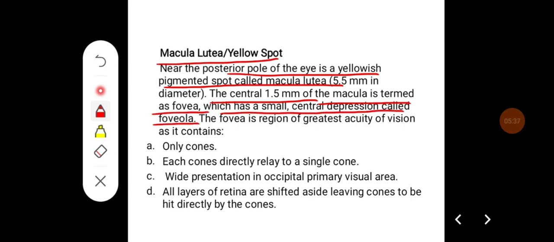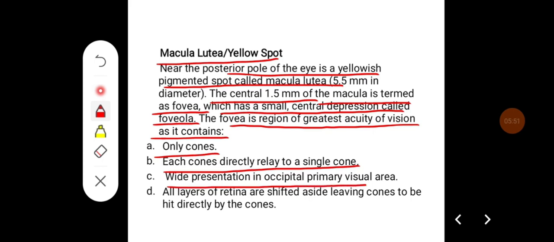The fovea is the region of greatest acuity of vision, as it contains only cones, and each cone directly relays to a single cone, with wide representation in the occipital primary visual area, and all the layers of retina are shifted aside, leaving cones to be hit directly by the